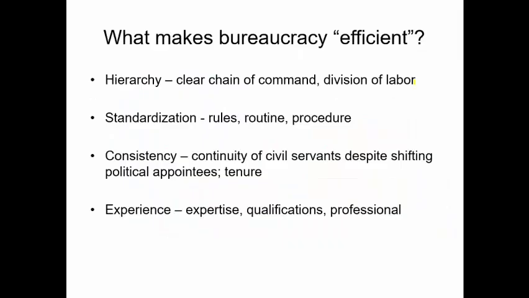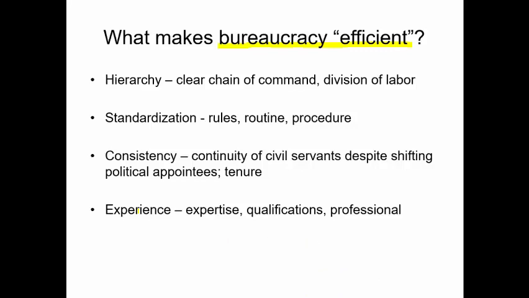Now let's talk about, as this bureaucracy took shape, particularly in the late 1800s and the early 1900s, there were some scholars that were really studying what is this animal that we're creating. Because prior to the late 1800s, there really was no such thing as a formal bureaucracy. It actually had to grow into the system that it is today.